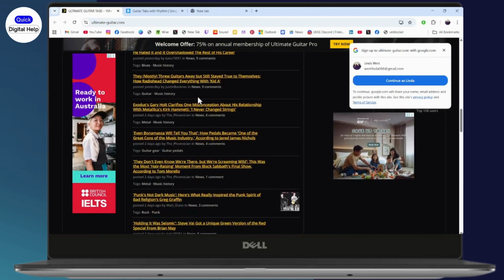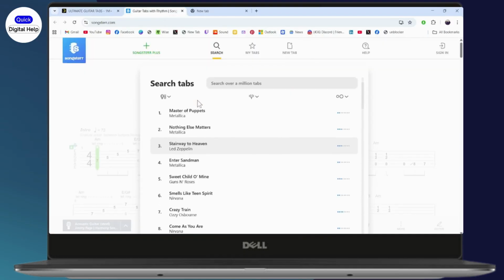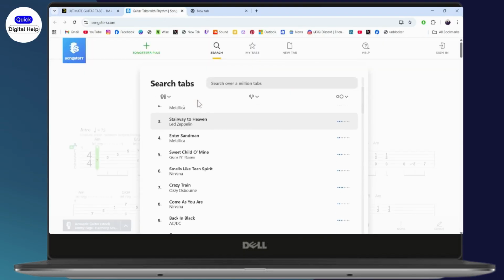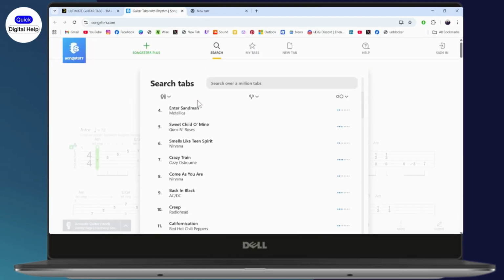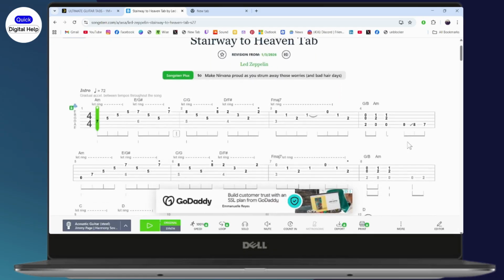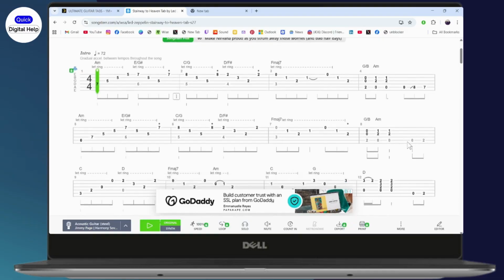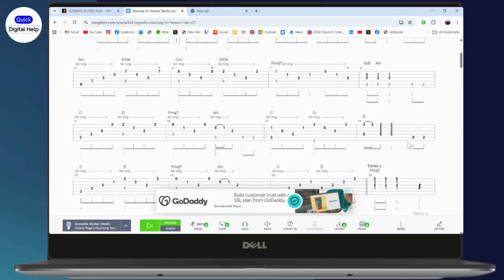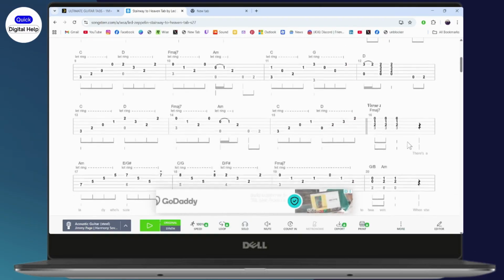On the other hand, we have Songsterr. It's also a great choice for guitarists, but it focuses more on providing accurate, high-quality interactive tabs. It's super simple to use, with playback features so you can follow along with the music. The free version limits the number of songs, and the premium version gives access to the full library with more